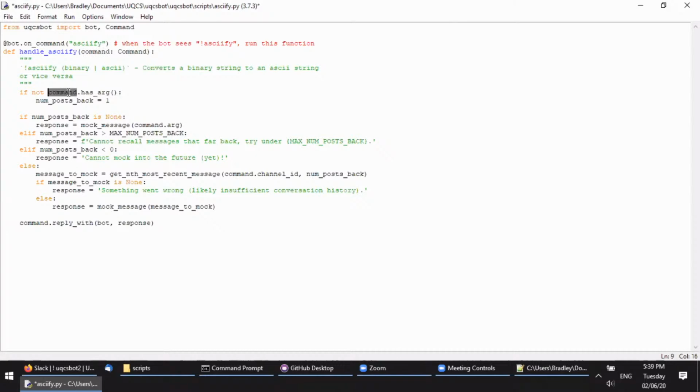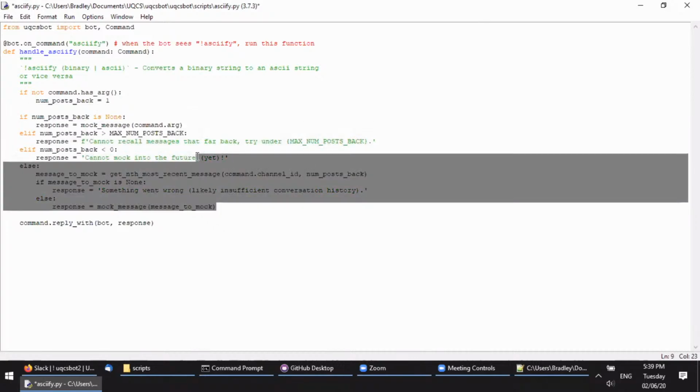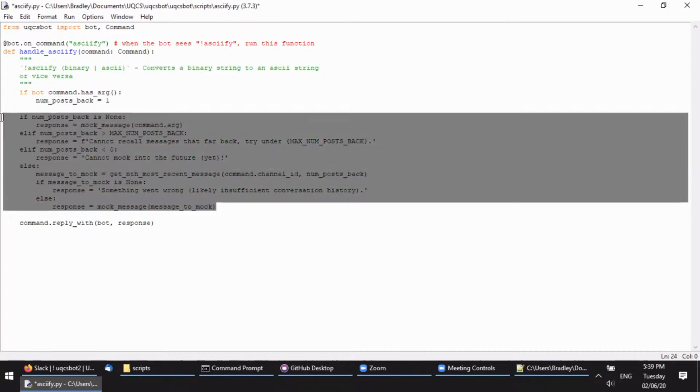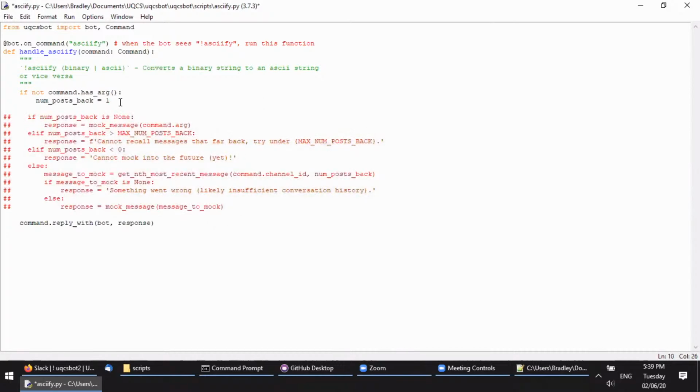And command has a function called hasArgument, which is if there's anything there. So let's just comment this out for now. Then reply equals,